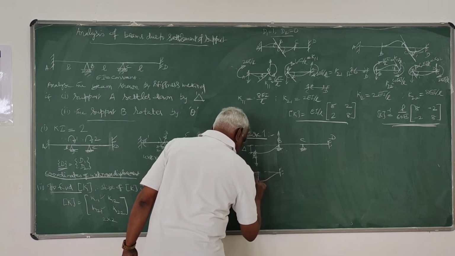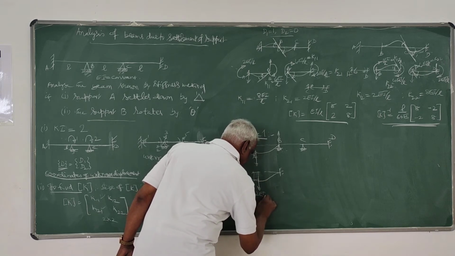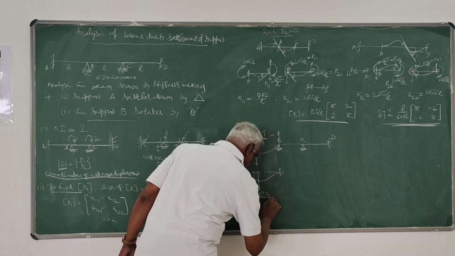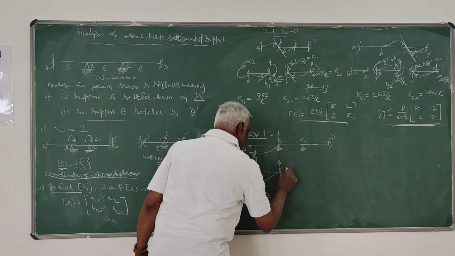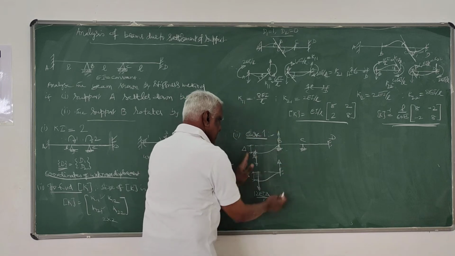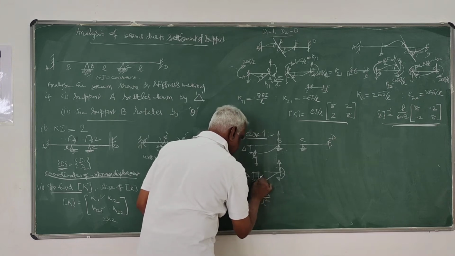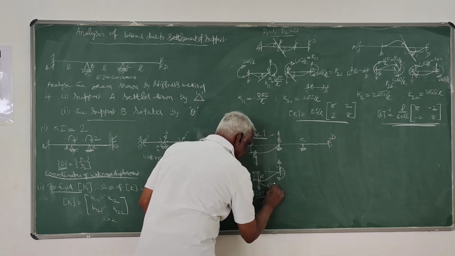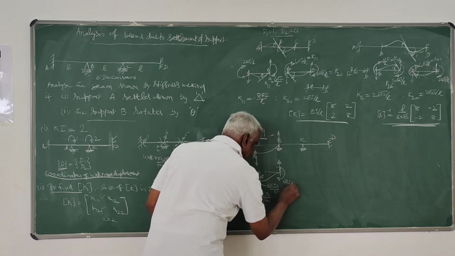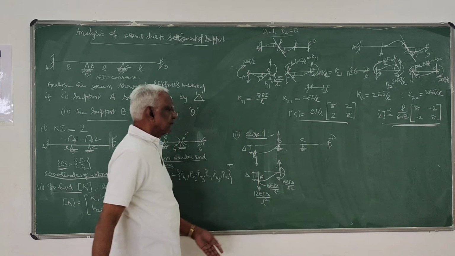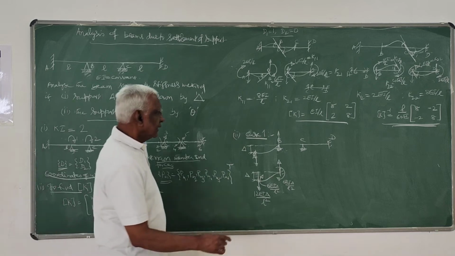And this is settles down. Delta. Here the force will be delta by L square. Here it is 12 delta by L square. This gives an anti-clockwise moment. So you will get clockwise moments here equal to 6 delta by L square. This is 6 delta by L square. So because of this settlement, the fixed end actions are this.